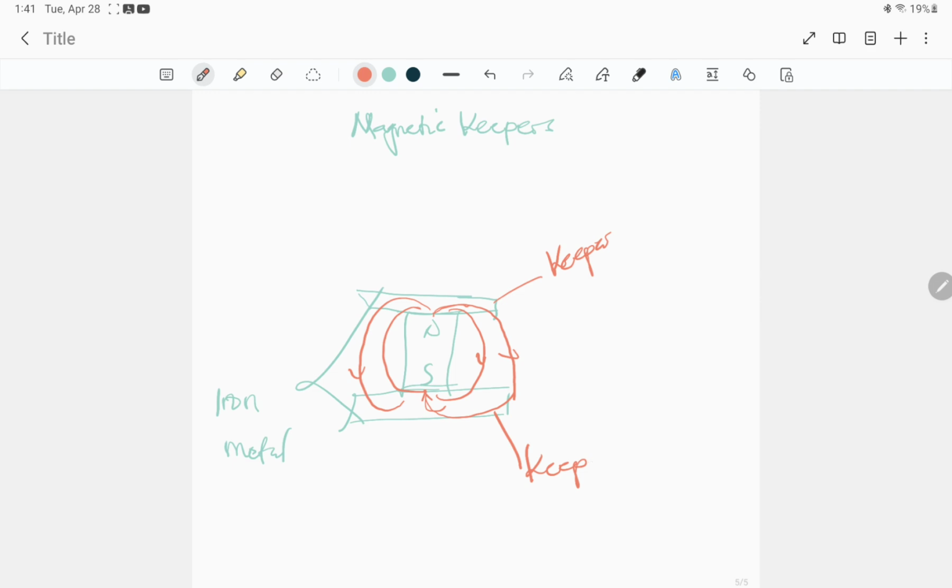So these are keepers. Now, how can it do this? We are saying its major function is to close the path of the magnetic field lines, to keep the strength of the same magnet. So our answer will say, the magnetic keepers,